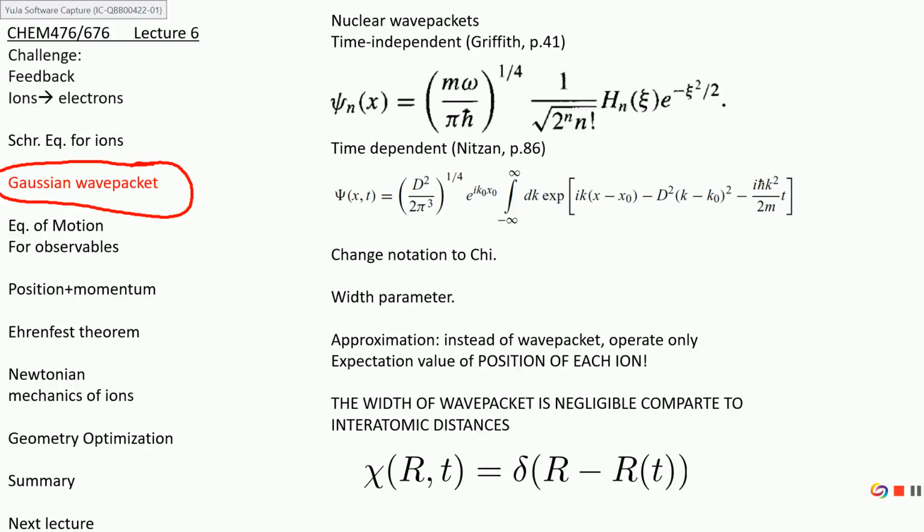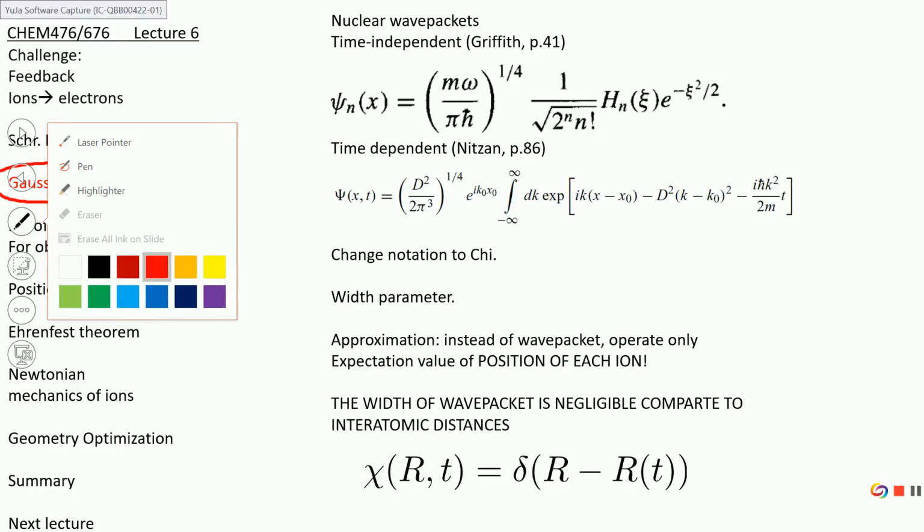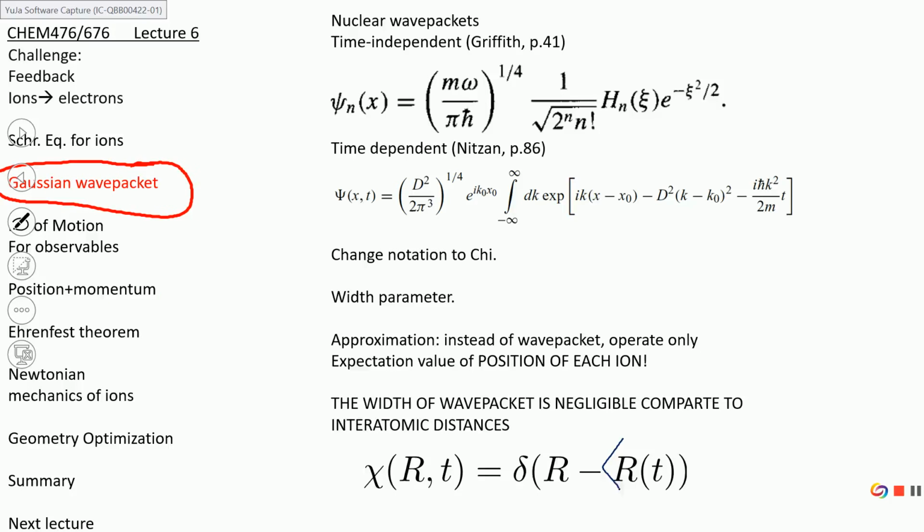But one of the ways to simplify thinking, just to not go crazy, is to assume that the nuclear wave function has a shape of a delta function, that it is centered near the expectation value of